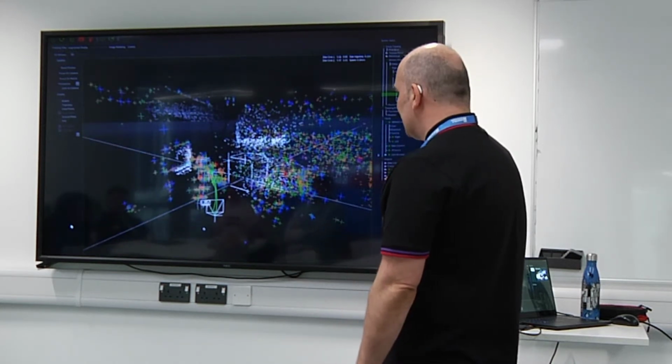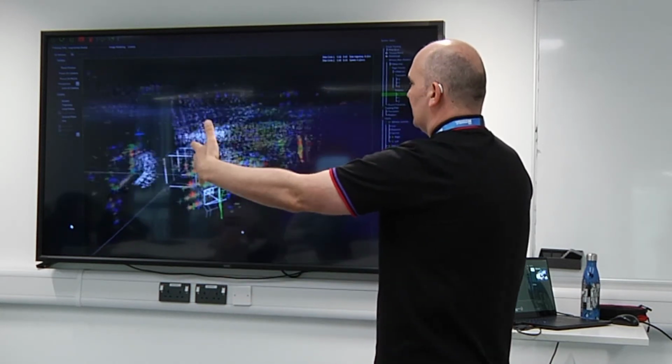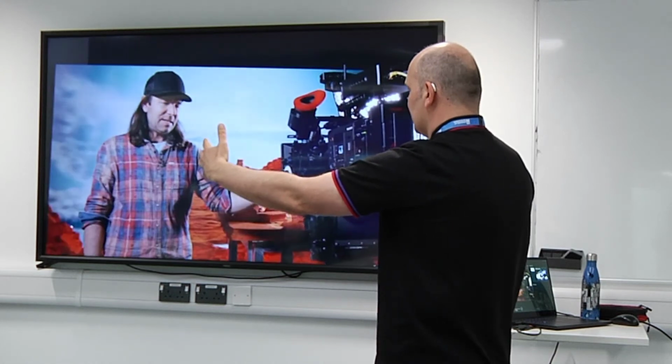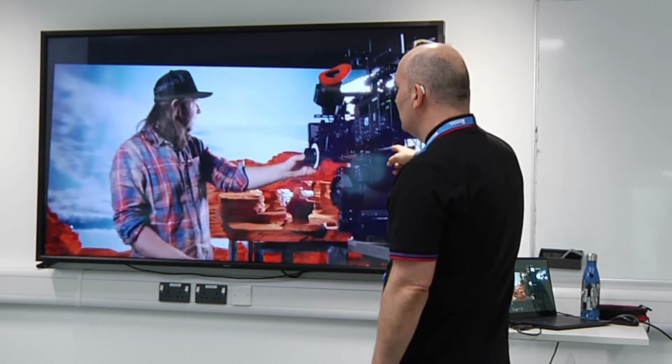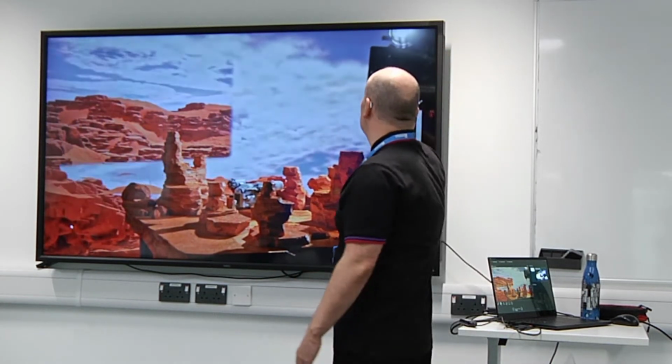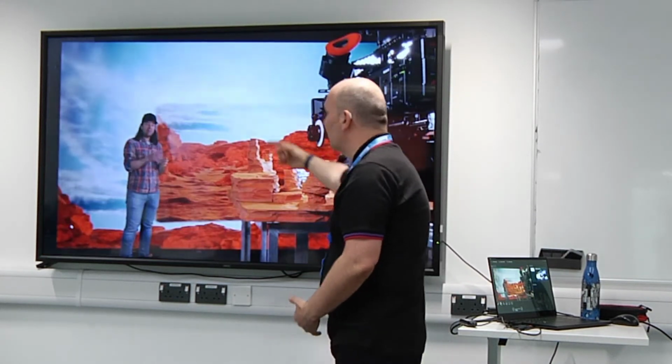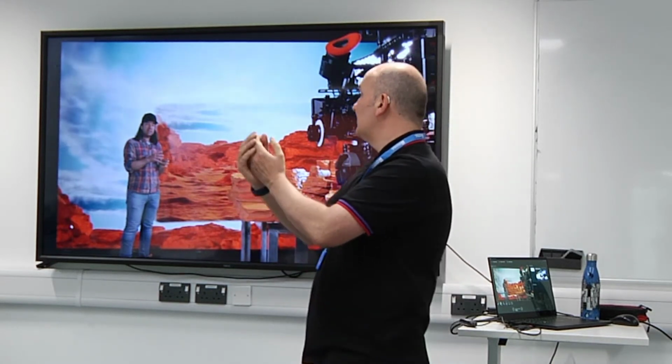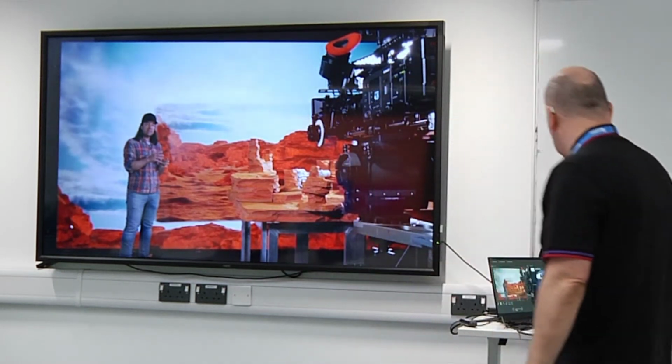So now once you've got that tracking system and you're feeding something into the screen that is generated, now you see as he moves the camera, the background moves in real time. So that means the view out of this camera means we see it and it looks like it's synchronized. The real world and the virtual world seem to be synchronized. And they call it extended reality because you can extend that as far as you like. You can extend that to crazy